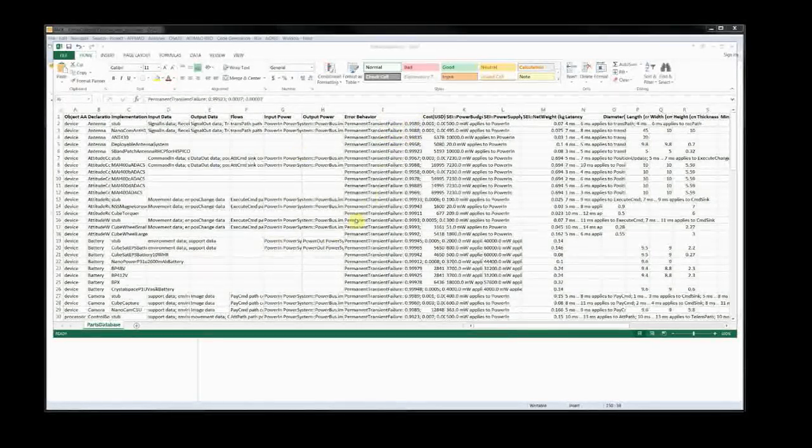Other columns in this file include power budget and power supply as used by some of the analysis tools. Weight is used by the weight analysis tool, and latency. We also include a number of other more custom parameters just to describe these components for future analysis tools. Now this entire file is input into our automatic component generation,